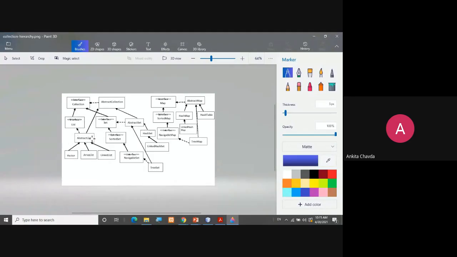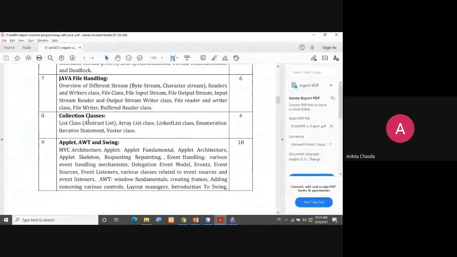So we'll see first the AbstractList class. I hope you are getting it, right? In our syllabus also, the first list class is AbstractList, right? AbstractList class. And then we have the ArrayList class, LinkedList class, and Vector class. These three are the main classes.